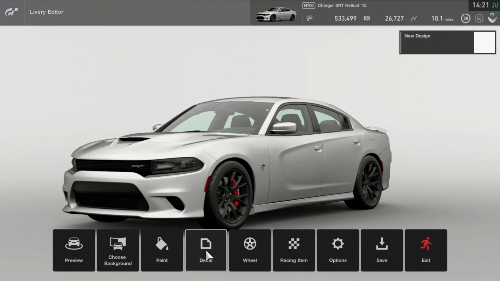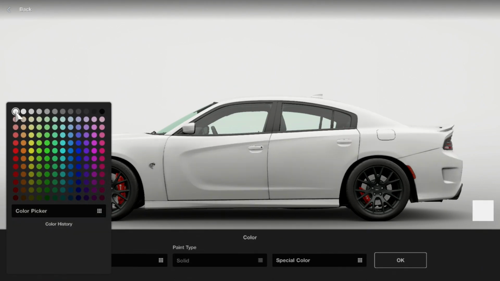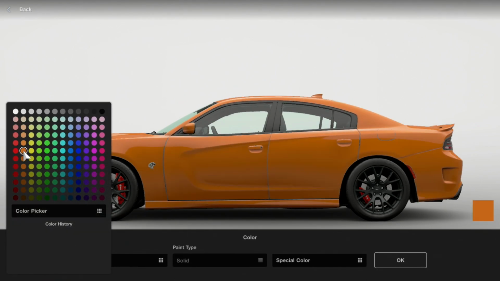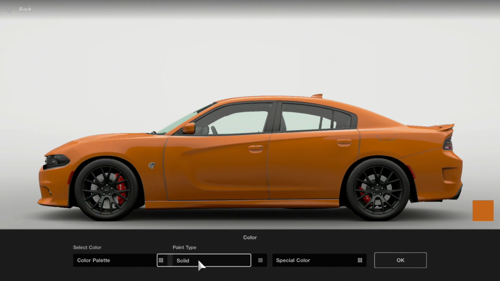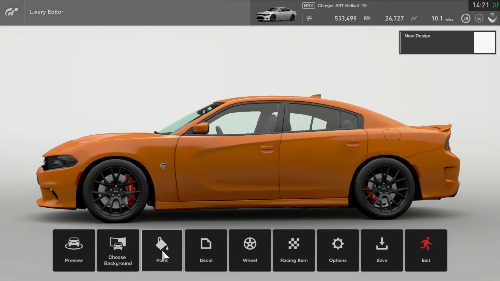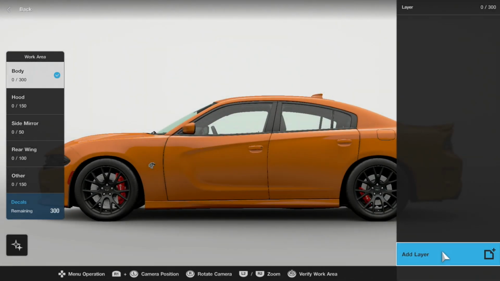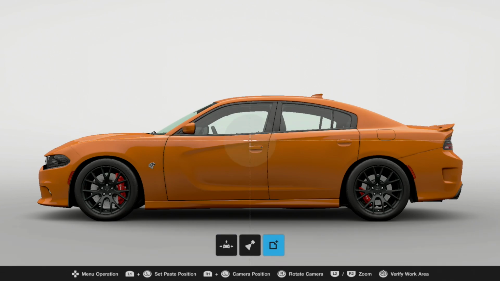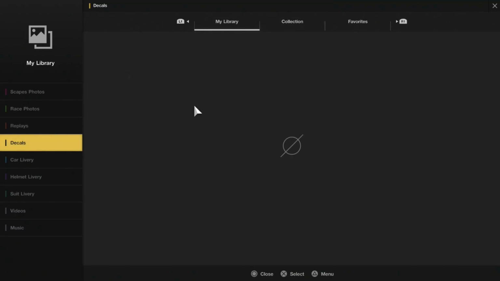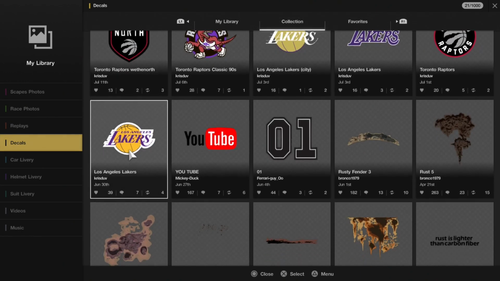So what we are going to do today is first off paint this beautiful Challenger, I got that word stuck in my mind, Charger, orange. Now I am colorblind, but I think that is orange. Now, once we have gotten that color on there, we are going to move over to some of the decals. There have been a few people that have uploaded the decals online, which is absolutely fantastic. So we're going to move over and get the